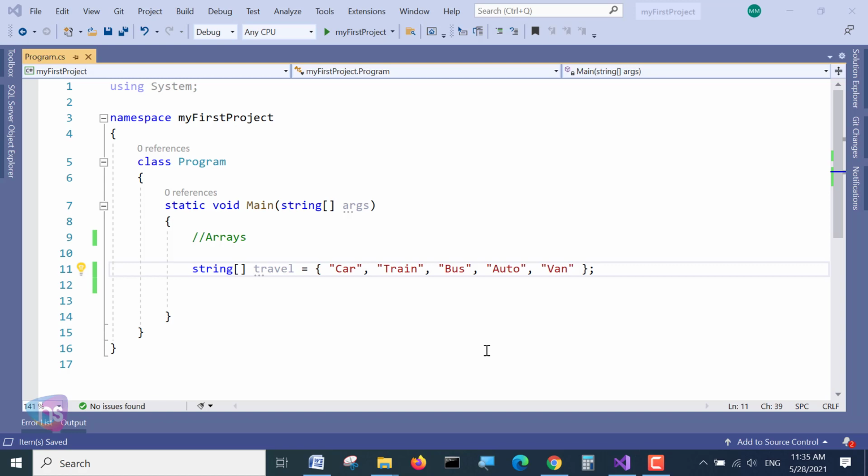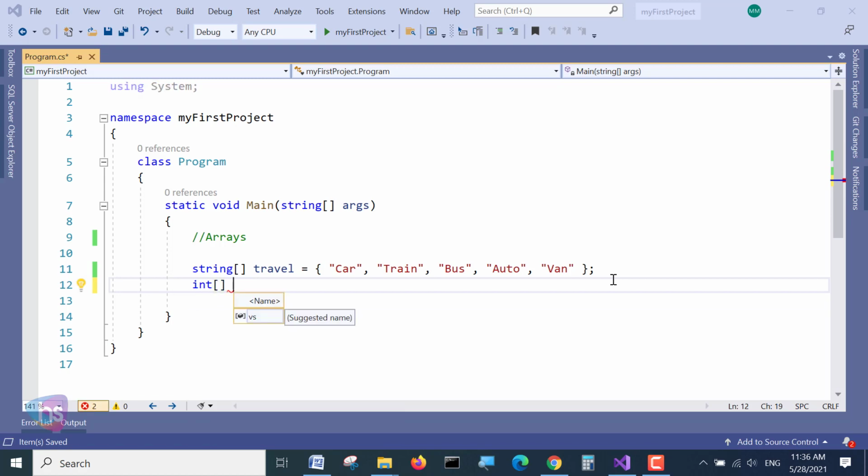To create an array of integers is also pretty easy. This is indicating a string array. Similarly, I may go with int. Sorry, it's not a curly brace, it's a square brace.